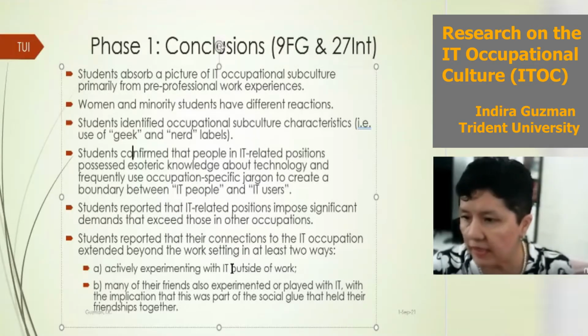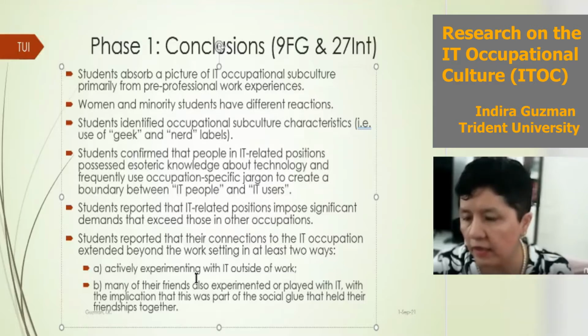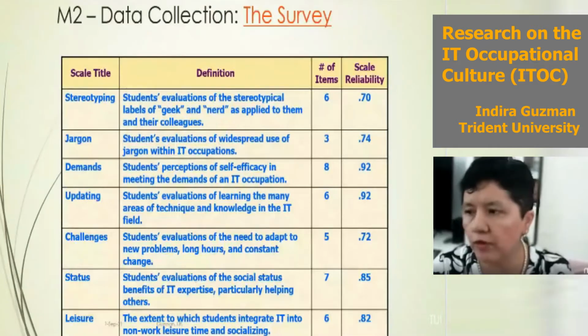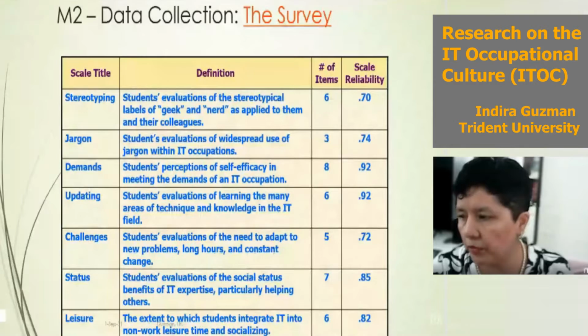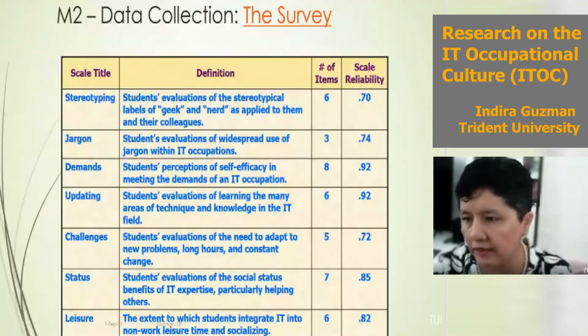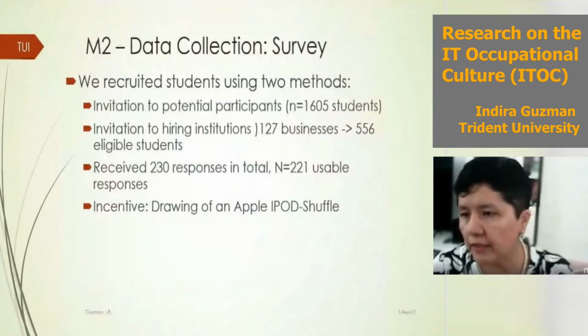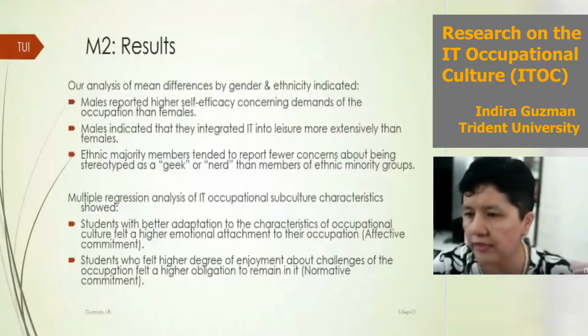Some of the significant demands came up, and the implications of working in the IT occupation in other settings were also discussed, so the playing with IT or not playing with IT. Basically, we developed the scale and the survey, with a different number of items, and we obtained acceptable reliability. If you are interested in that original scale, that's the 2009 paper. So this is again a long line of research in IT and people. That was used, and these were the results regarding the commitment.